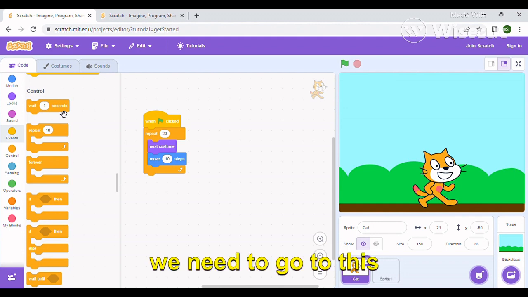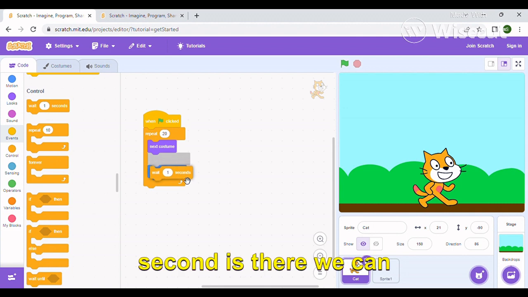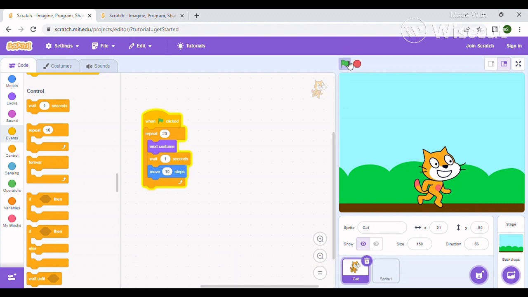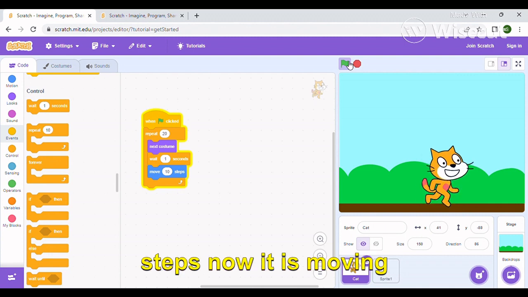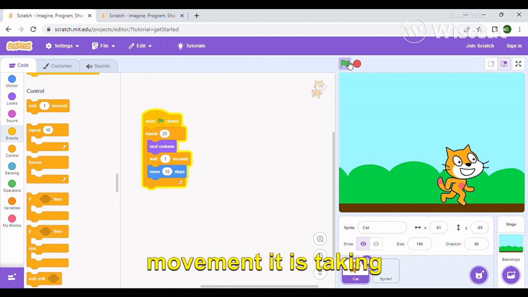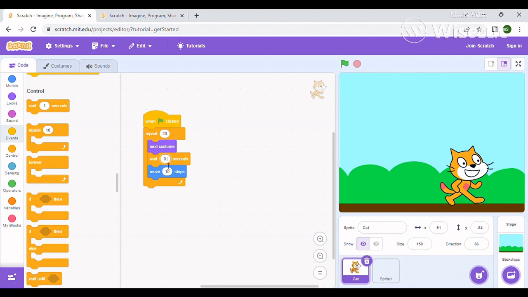we need to go to this option in the control block. See, 1 second is there. We can choose that 1 second option just before move 10 steps. Now it is moving, and before each movement it is taking 1 second, but it seems that 1 second is too slow. So what we can do, we can make it 0.3 or 0.5